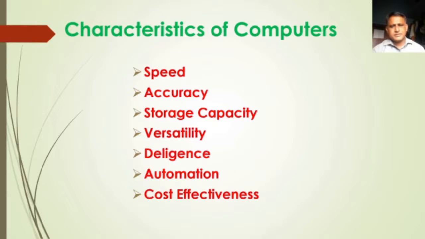The speed of today's computers is measured in terms of nano and picoseconds. Nano means 10 to the power of minus ninth of a second. That is, if you divide 1 second by a number, 1 followed by 9 zeros, within that fraction the computer can